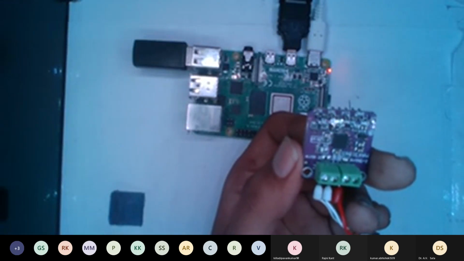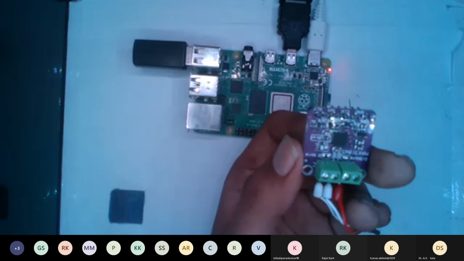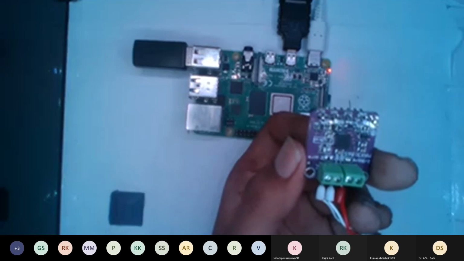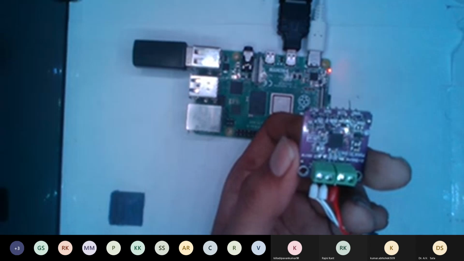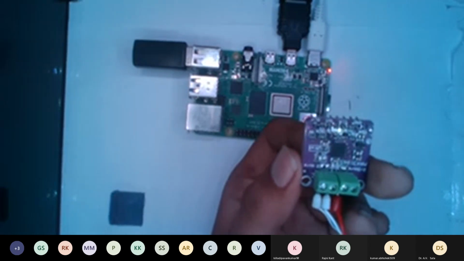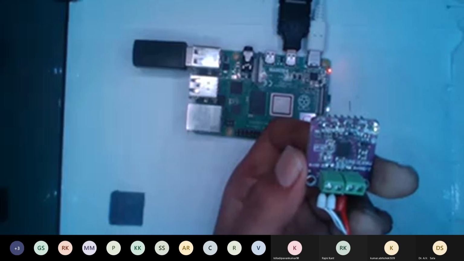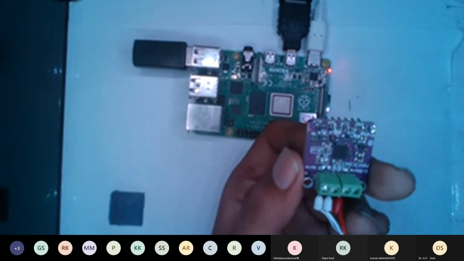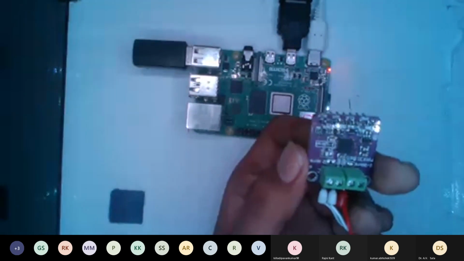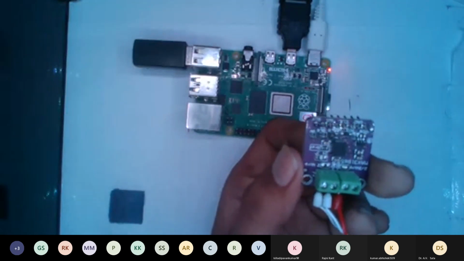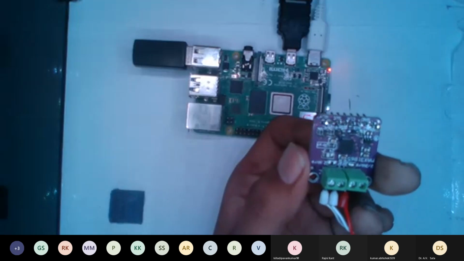So what they have done is they have simply defined every pin, and then we'll have to just define this CS pin. They have mapped the CLK pin to the SCLK pin of the Raspberry Pi, the SDO pin to the MISO pin of the Raspberry Pi, and the SDI pin to the MOSI pin. I'll show you in this photo which we have for GPIO.